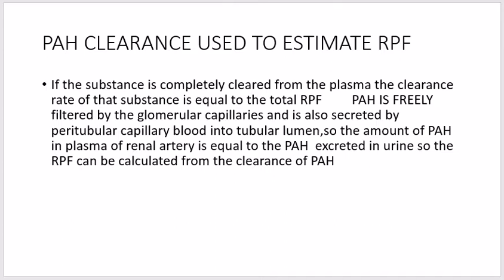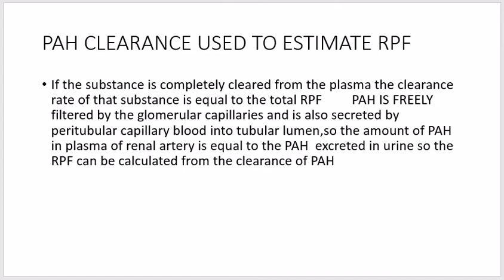There is no known substance that is completely cleared by the kidney. One substance, PAH, is about 90% cleared from the plasma. Therefore, the clearance of PAH can be used as an approximation of the renal plasma flow. To be more accurate, one can correct for the percentage of PAH that is still in blood when it leaves the kidney. The percentage of PAH removed from the blood is known as the extraction ratio of the PAH and averages about 90% in normal kidney.